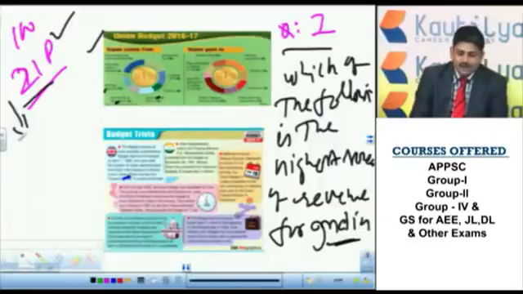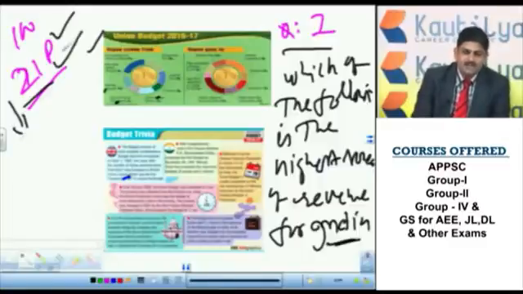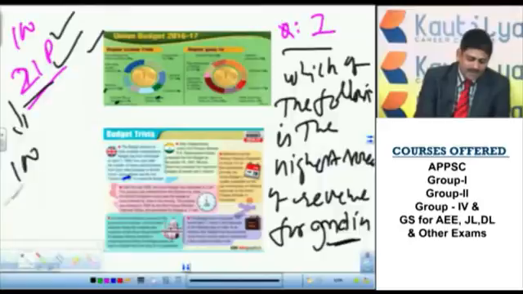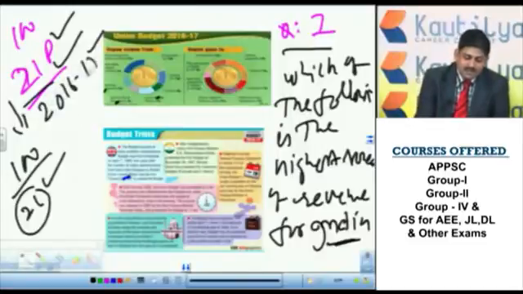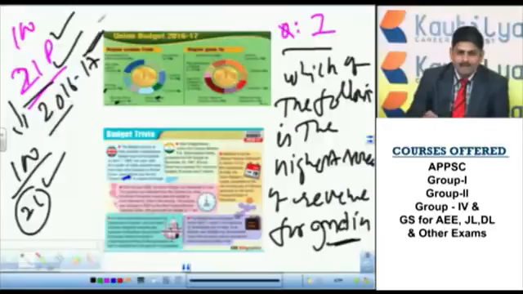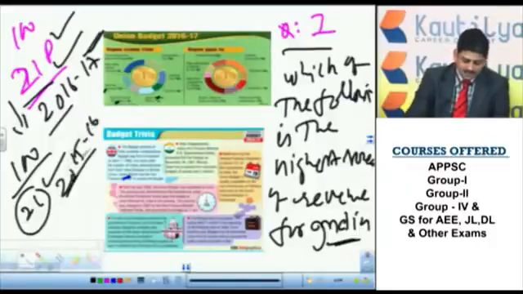Out of all these sources, which is the maximum source that provides money to the government of India? That is borrowings. How much percentage? For every 100 paisa, 21 paisa. That means 21 percent of the amount that the government of India accumulates is from borrowings. This is the maximum source. This is for 2016-17, but generally every time the maximum source for the union government's budget is borrowings only. This is the same case in 2015-16.